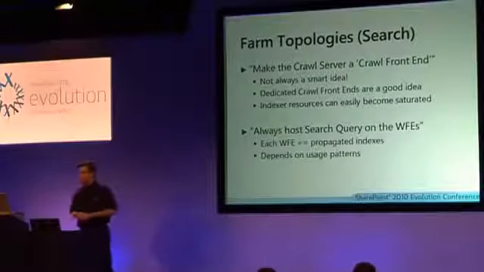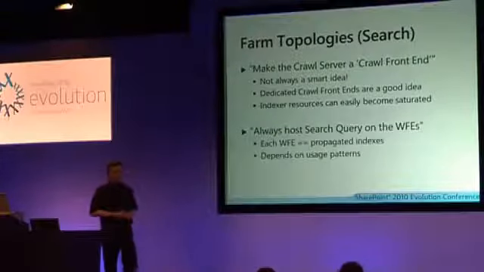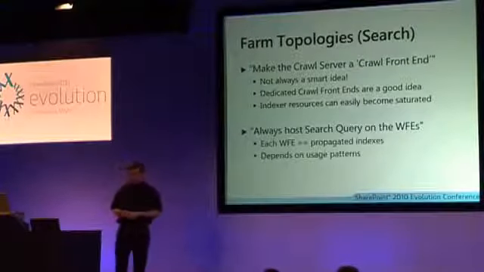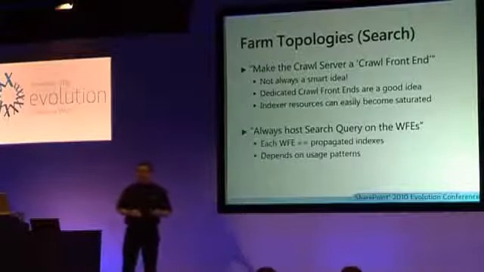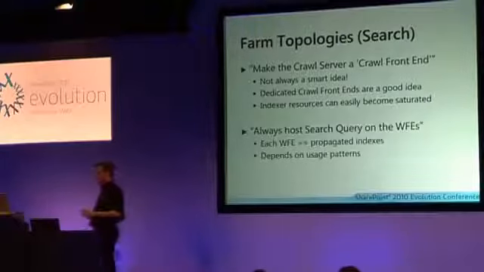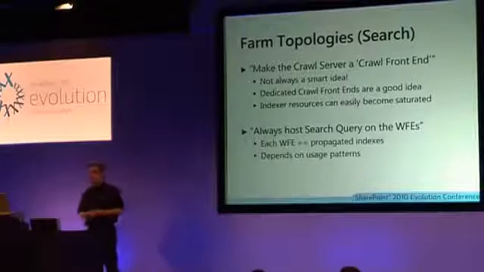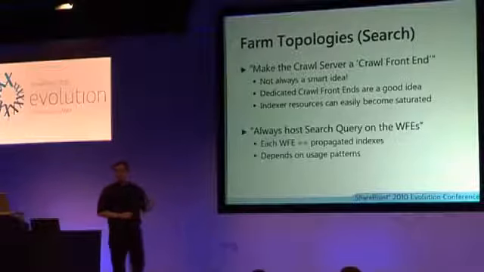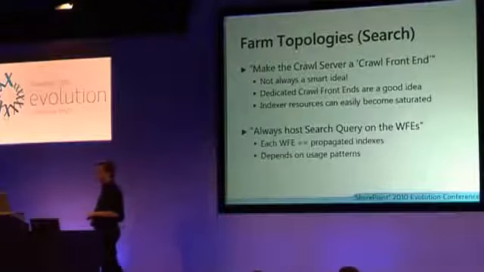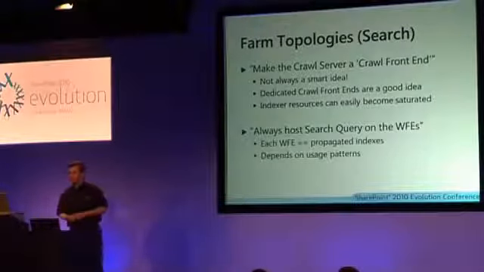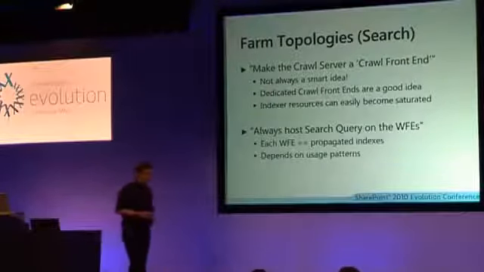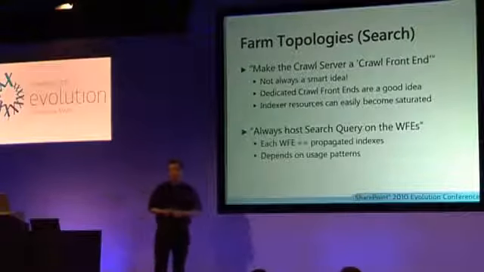The first one is to make the crawl server what's known as a dedicated crawl front end. And the idea here is that we don't want the crawler to be going outside the farm through the load balancer into the web front ends, because that's going to impact end users. When a crawl is happening, the response time for normal users is going to suffer. And there's also the idea that going across the network is going to increase the crawl time itself. So we have an option in central administration to specify a machine as a dedicated crawl front end.